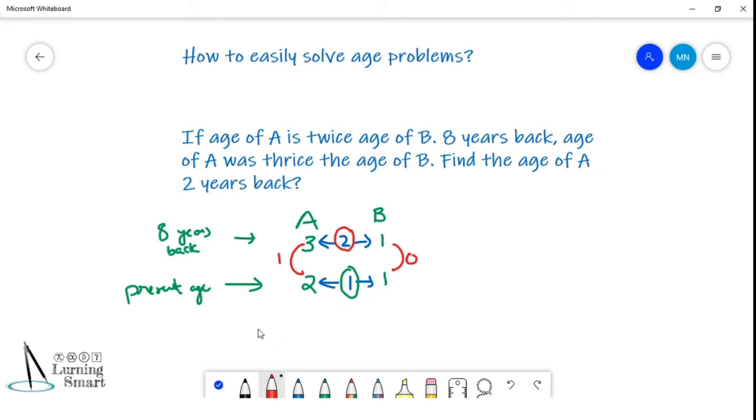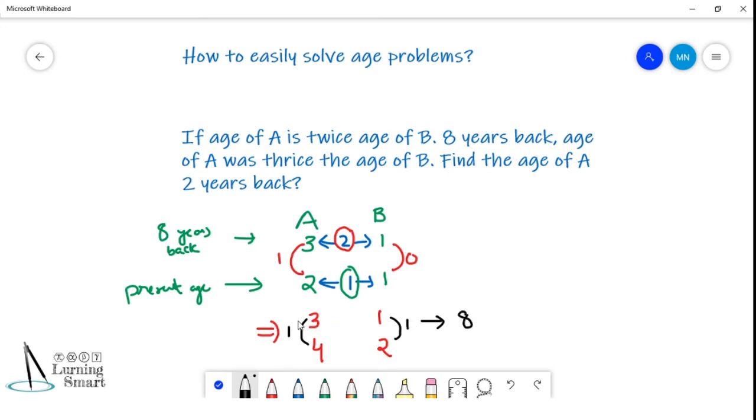We can do it. Okay, 1 multiplied by 3 and 1 is 3 and 1. 2 multiplied by 2 and 1, 2 multiplied by 2 is 4. 2 multiplied by 1 is 2. Now take the difference. When you take the difference, here 3 minus 3 and 1, the difference is 1. 1 and 2, the difference is 1. Okay, this 1 corresponds to what? 8. This 1 corresponds to 8.